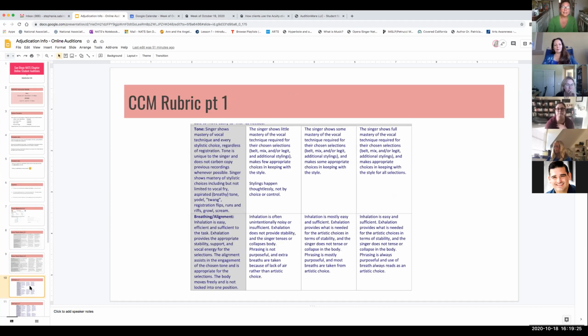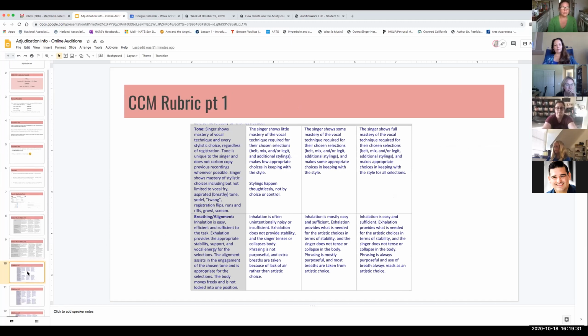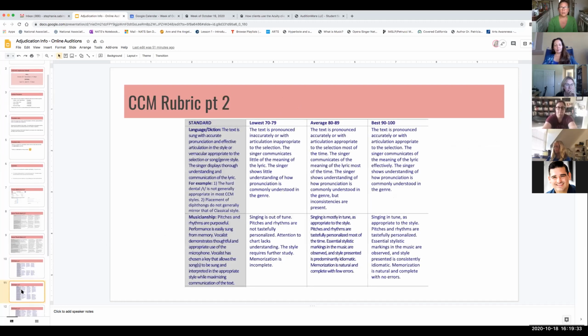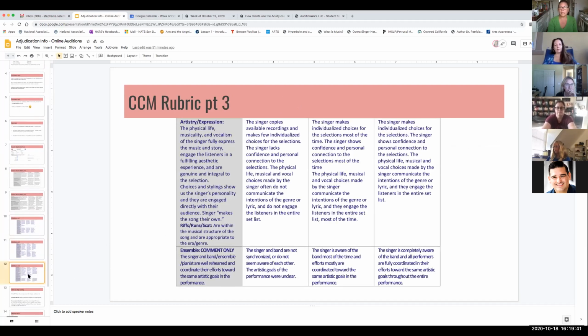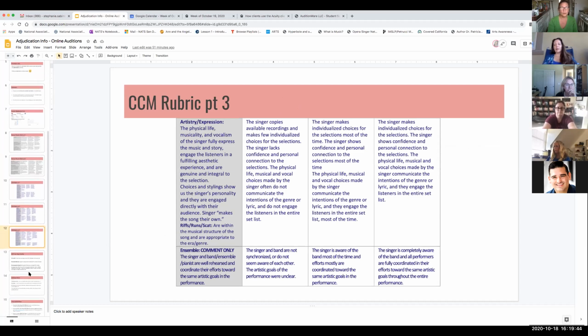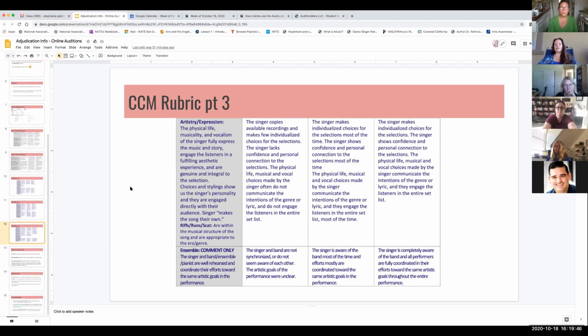Then we've got the CCM rubric. Oh, we got a little cut off there. But again, tone, breathing alignment, then language diction, musicianship, etc. And you'll all have access to this in the materials that Jennifer sends you. Right. About the CCM rubric, I do want to say that CCM is not a NATS national category.